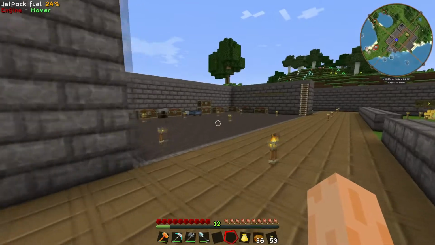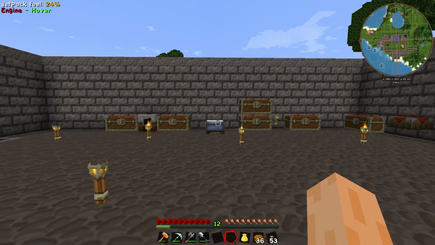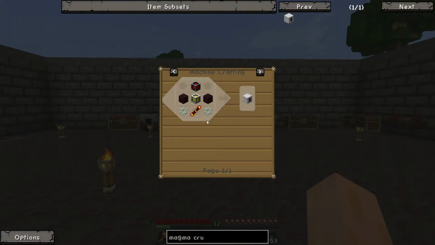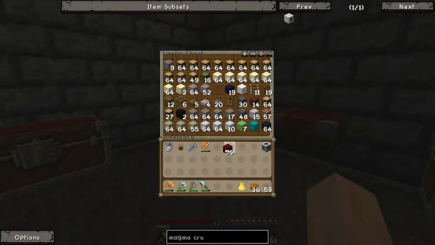So what I would like to do this episode is set up a Magma Crucible and a liquid transposer. So first of all, let's get started on the Magma Crucible. This one is fairly straightforward. What we're going to need to do first of all is grab 8 pieces of netherrack, smelt these up